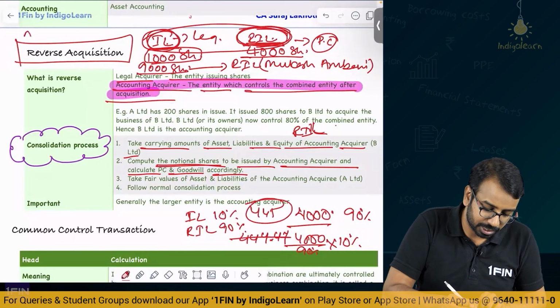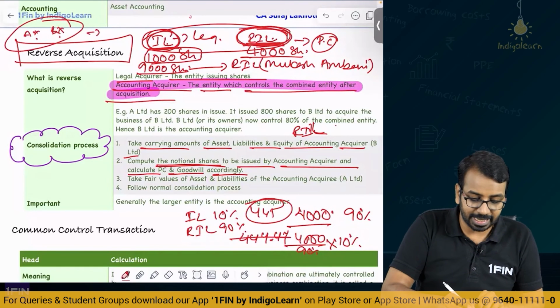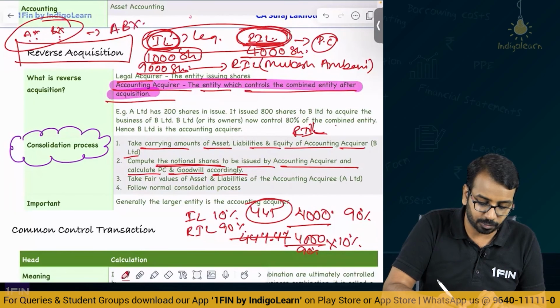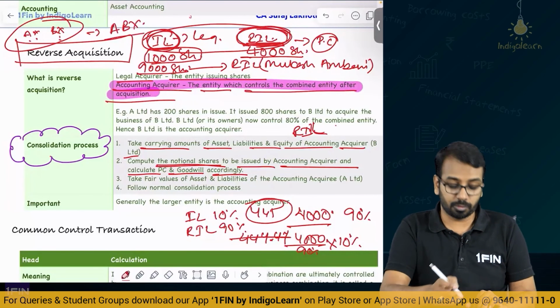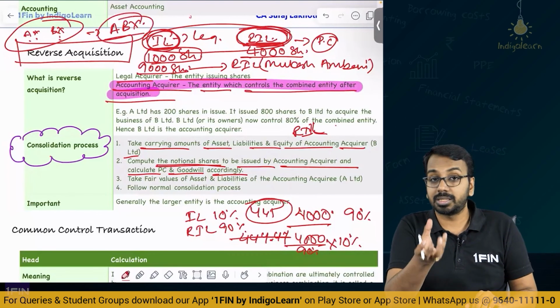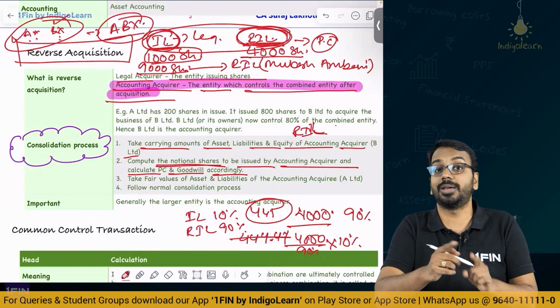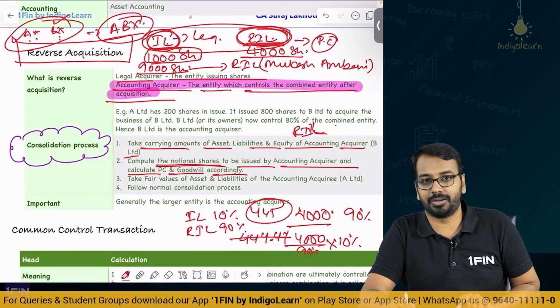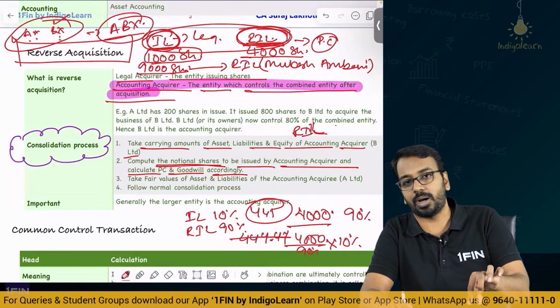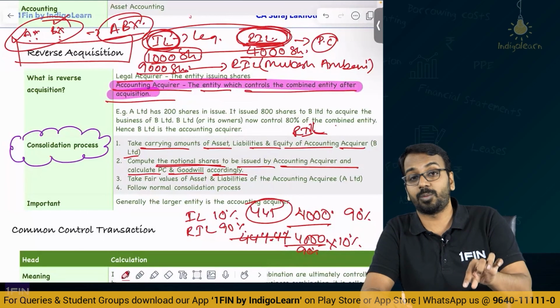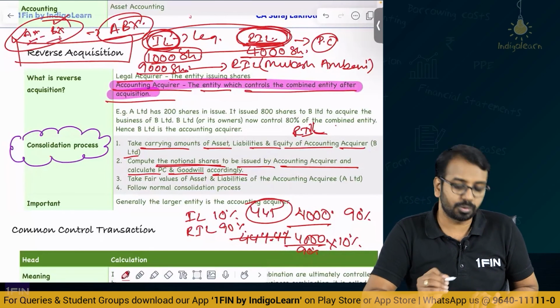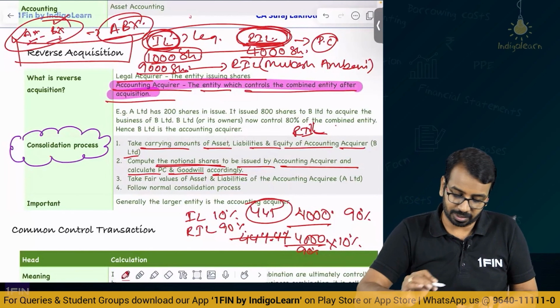So there is a question on, I think, AX and BX. There is AX and BX which forms ABX. The question is there in the study material and also in our notes. ABX is the combined entity, then we have to decide either AX is controlling or BX is controlling. One of them will be the accounting acquirer. Okay, though legally ABX is the acquirer, for accounting purposes, one of these two entities will be the acquirer, right? So you can have a look at it.